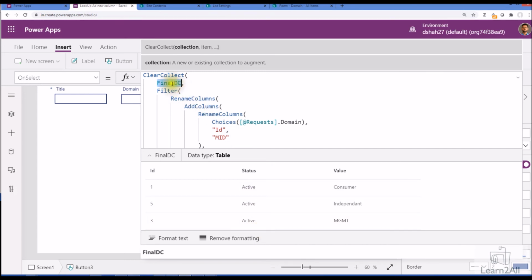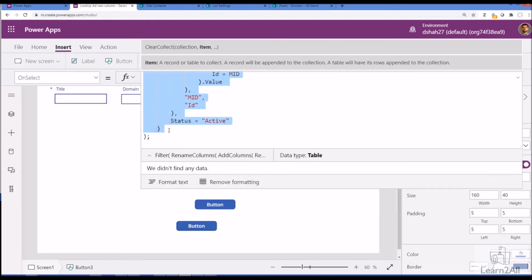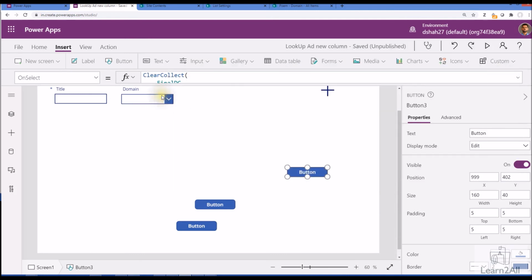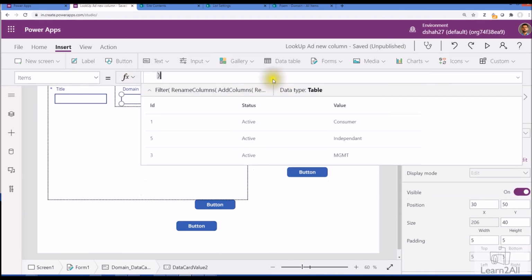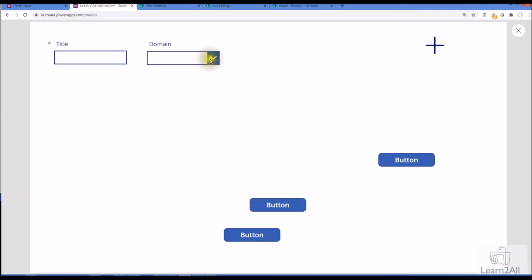Now what we need to do here is we need to pass this particular collection to this choice column, but we are not using collection, we are just copying the code before the collection. So just add this code over here and remove this one, so it will show only the records which are active, correct? Now let's save our data,